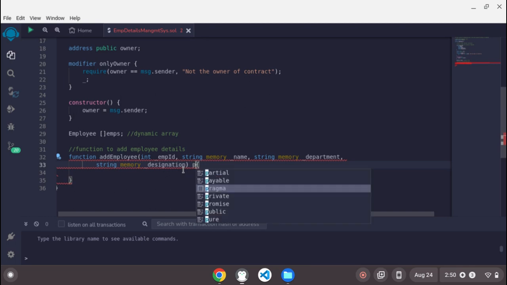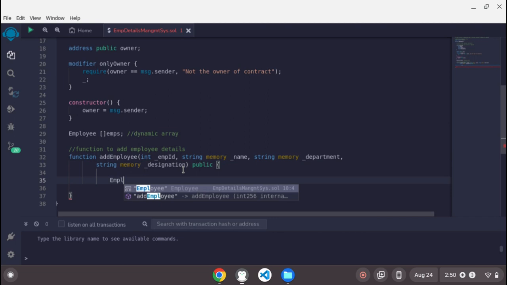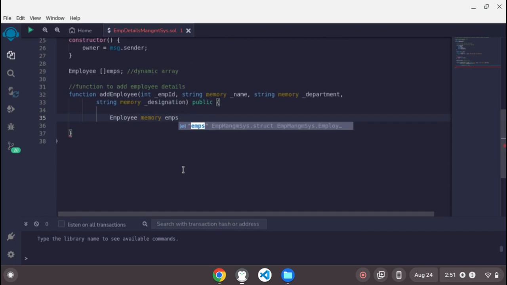So I'll make this function public. Now that I've made this function public, I have to create an instance of the array employee. Then memory, like I said, is an information that needs to be stored temporarily. Then I can just name it, let me see, this is okay, let me give it another name,